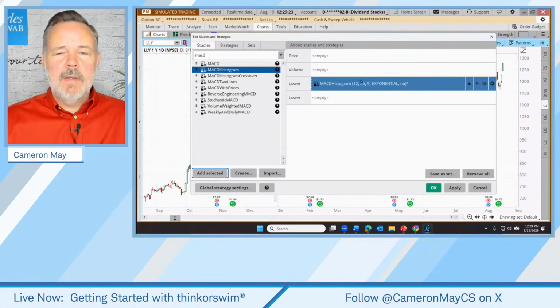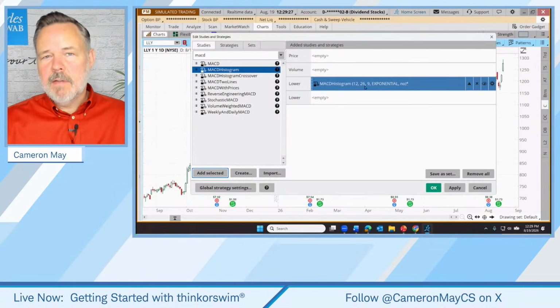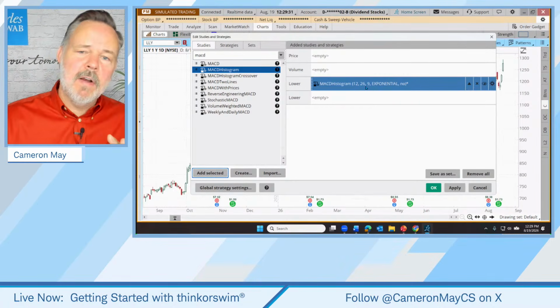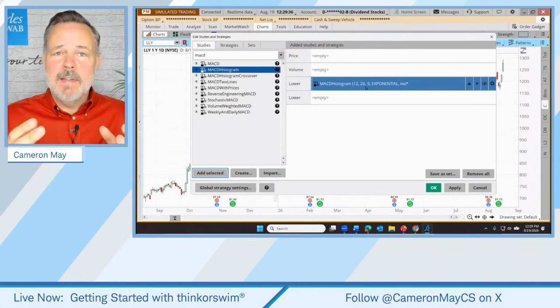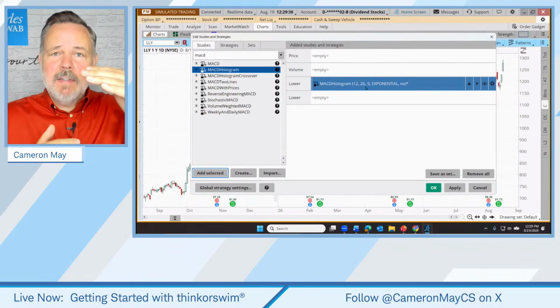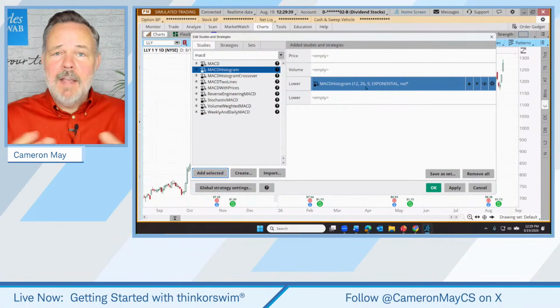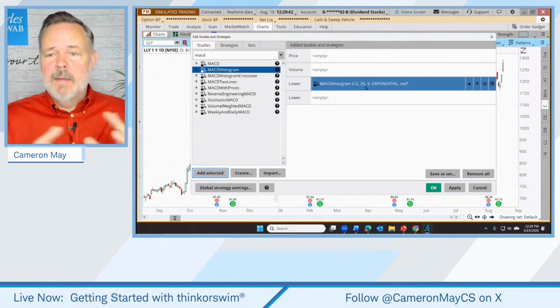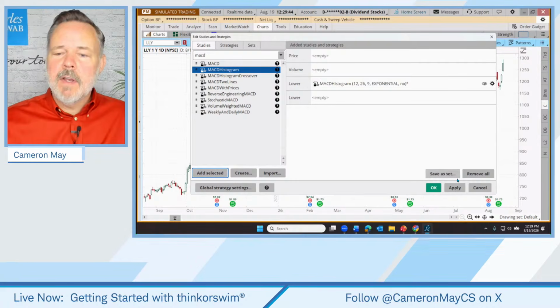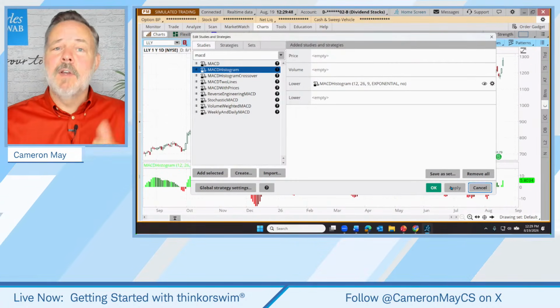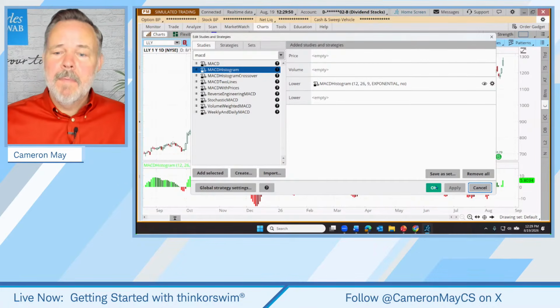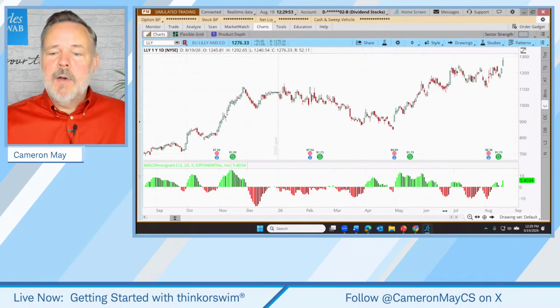And this one, it's a little bit involved. The 12-26-9 is our default. Those are 12 days, 26 days, and 9 days if we're looking at a daily chart. It is looking at the interaction of two trend lines over a 12 and a 26-day period, and the average distance of those lines smoothed over 9 days. Ooh, that's a lot. But whether you follow the logic of the construction or not, and by the way, if you want to see this one explained in more detail, you can go check the archives. I've done it before. Let me just click OK.